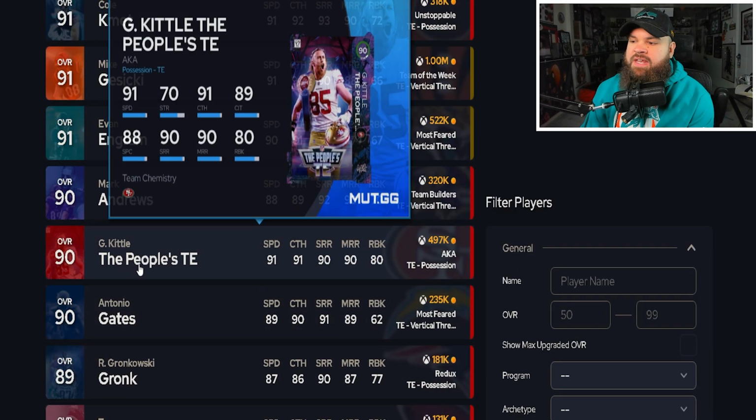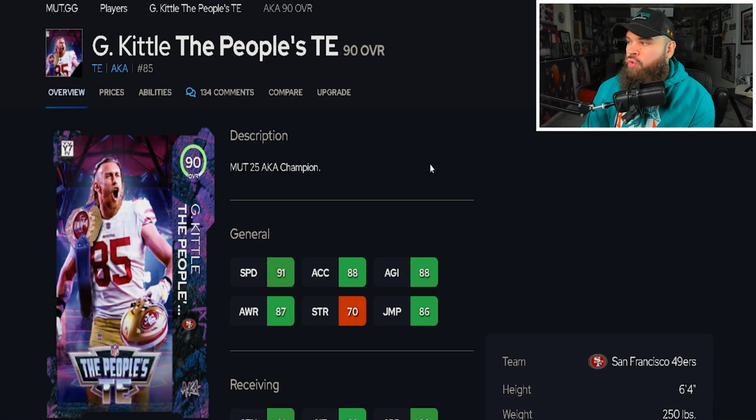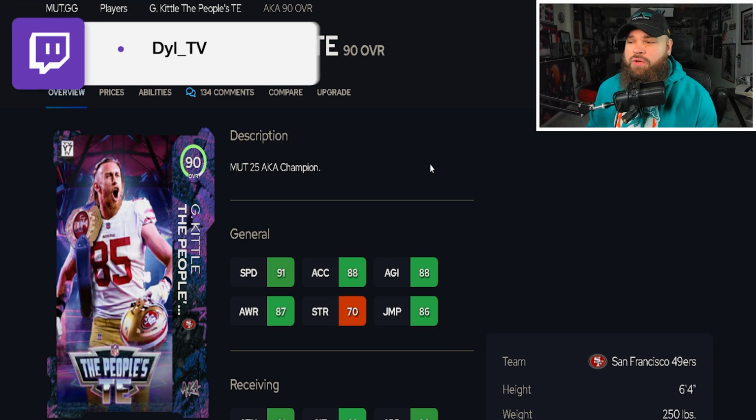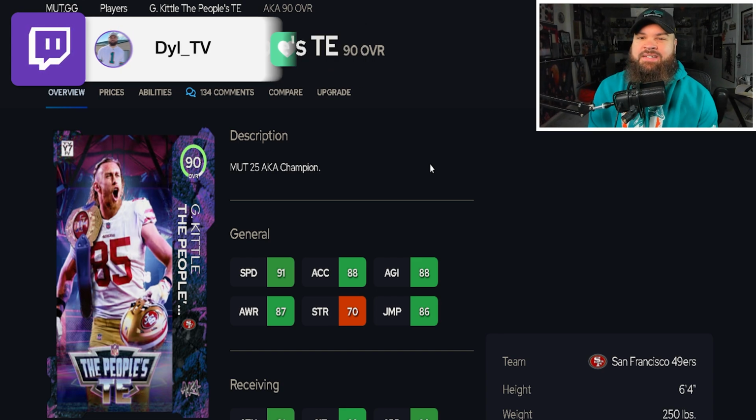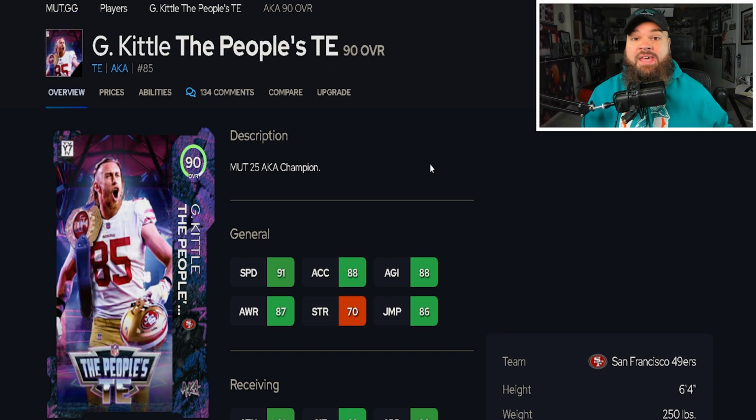But now, overall, the best tight end, I am going to have the people's tight end, George Kittle. I feel like he is just the most balanced. He may not be the best receiving tight end. I feel like that would go to Evan Ingram. He also isn't the best from an ability standpoint. I think Cole Kmet getting Tight End Apprentice in some offenses might make him the best, but overall balance, Kittle,